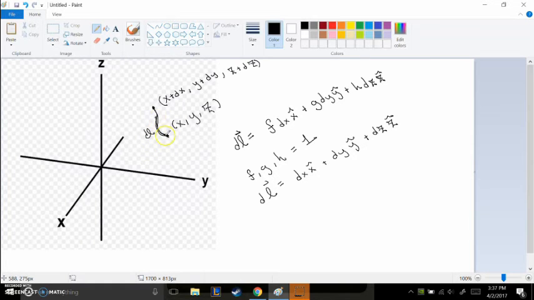And assuming we want to change from here to here, or however we're going to be changing it, it looks like the change from the original is just dx in the x direction, dy in the y direction, and dz in the z direction from the original point. Just for right now, I'm going to let you know that in the spherical coordinate system,